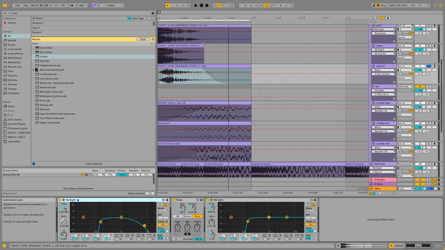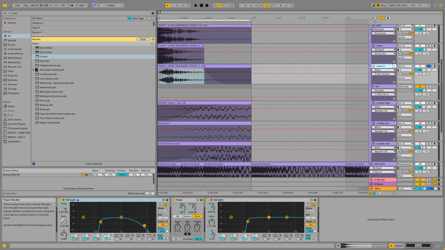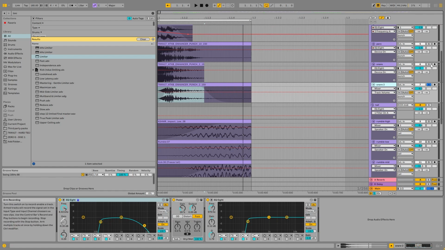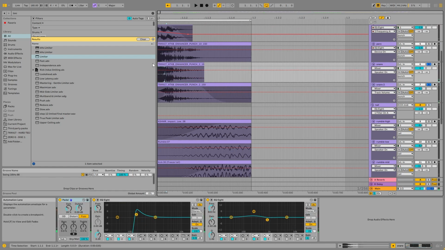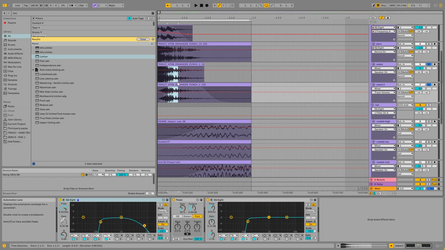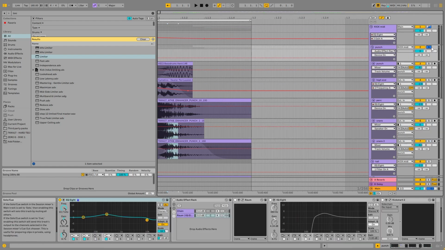It might be another one. It might be exactly the same actually. And I do the same kind of processing. It's just that I balance everything. So I think I had too much in the transient and was lacking a bit of punch in the body. So that's why